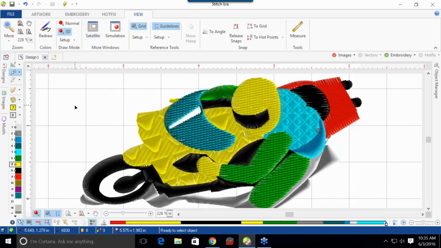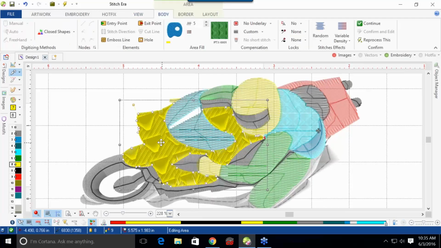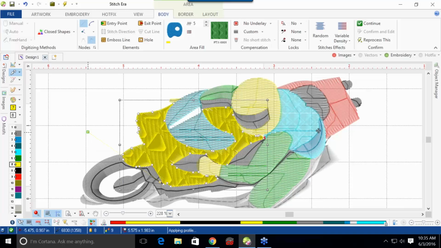You see the red a lot better on the yellow. You can change the color, not the color, I'm sorry, the fill pattern of the motorcycle so that you get that different customized look. And if you change the stitch direction, it'll modify the look of that fill pattern